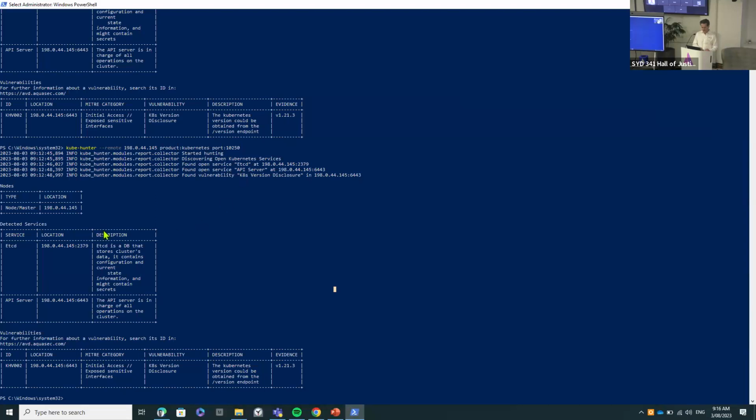So this is, for example, Kube Hunter. I don't know how much you can see here, but it was able to find that the port for etcd is open, and then it was able to query the API server, the management, which it shouldn't be able to. Then it was able to find the version.